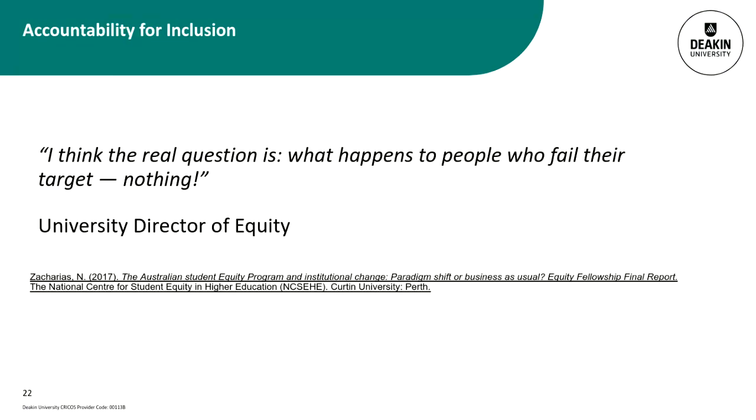Now, for me, in my fellowship on equity, performance and accountability, a starting quote came from a predecessor equity fellow, Nadine Zacharias. In her report, she had a quote from an interview with a director of equity at an Australian university, and the quote is up on screen. It says, "I think the real question is, what happens to people who fail their target? Nothing." And that was a really useful way of being able to ground some of my research into accountability, because